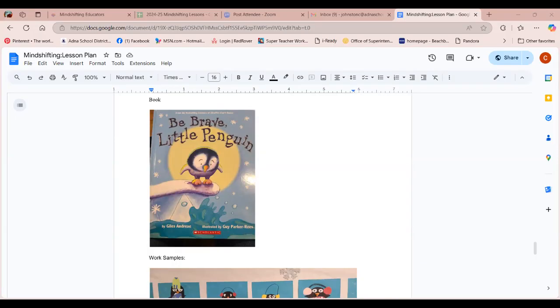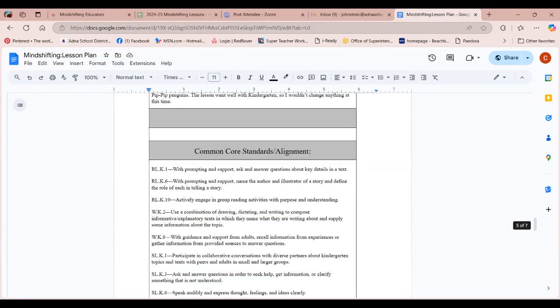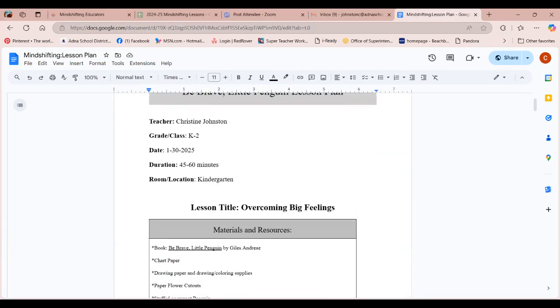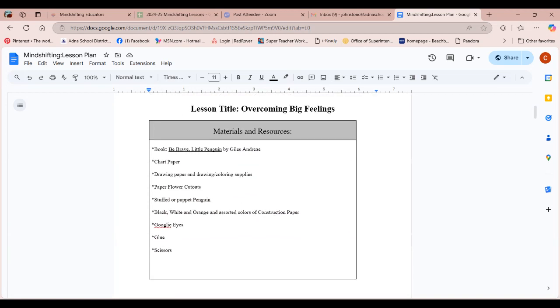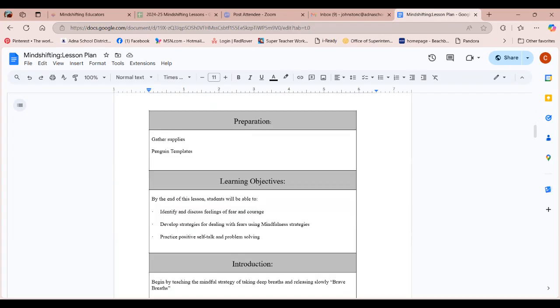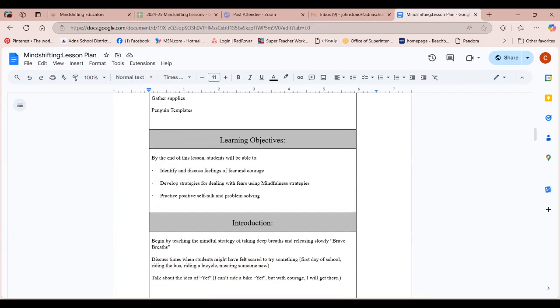So I based my lesson plan on this book called Be Brave Little Penguin, basically for my kindergartners, because they come into kindergarten with these big feelings and not sure how to deal with their feelings. And so I thought this was a good start, especially the beginning of the year. So my objectives were for them to be able to identify and discuss their feelings of fear and courage and